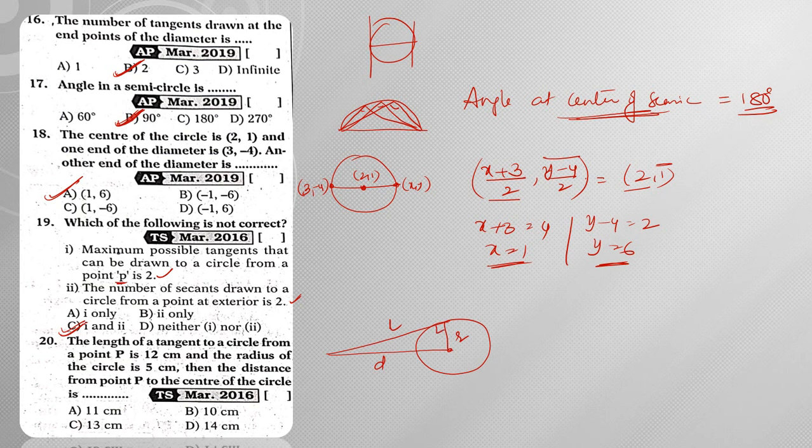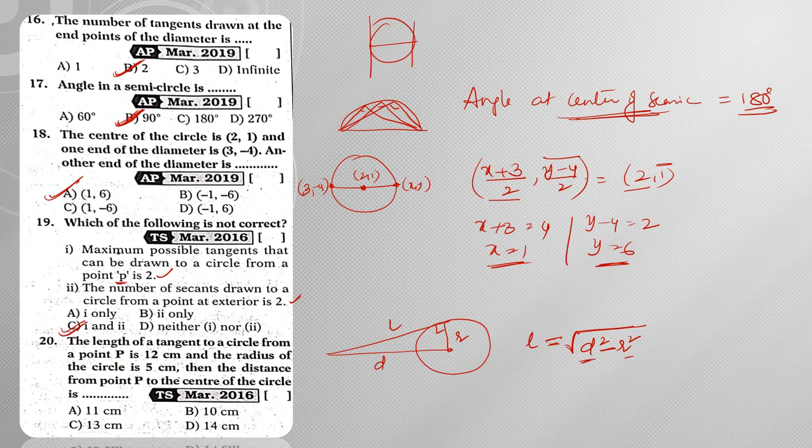Now from this we can simply remember this formula. Length of tangent L is equal to root over d square minus r square. The order you can remember as "doctor". So L is equal to root over d square minus r square. Now what do I need? I need to find out d.